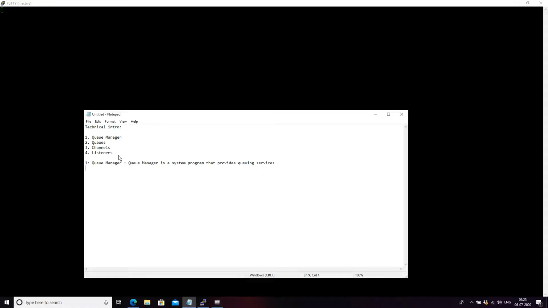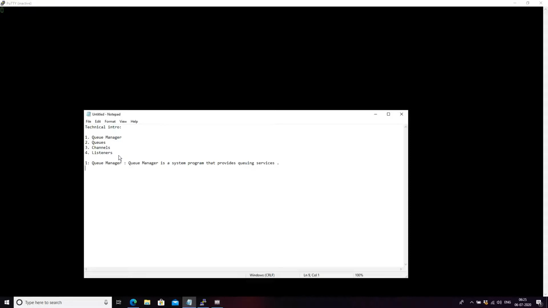It provides creation of objects, deletion of objects, and making them a proper configuration. All this comes under queuing services. Queue manager has the capability of controlling all the queue manager objects.